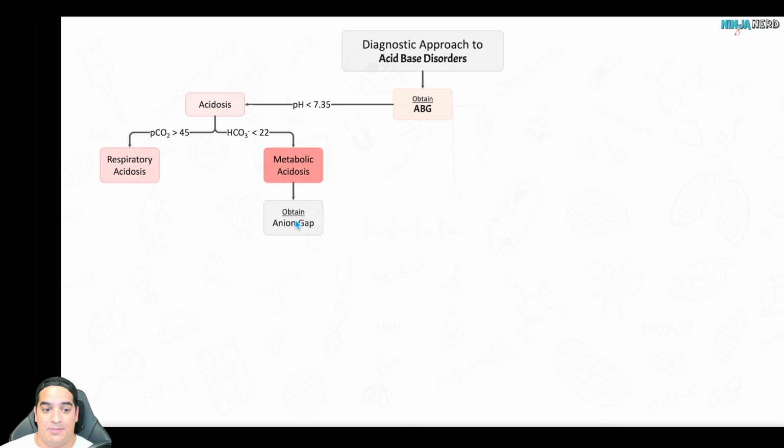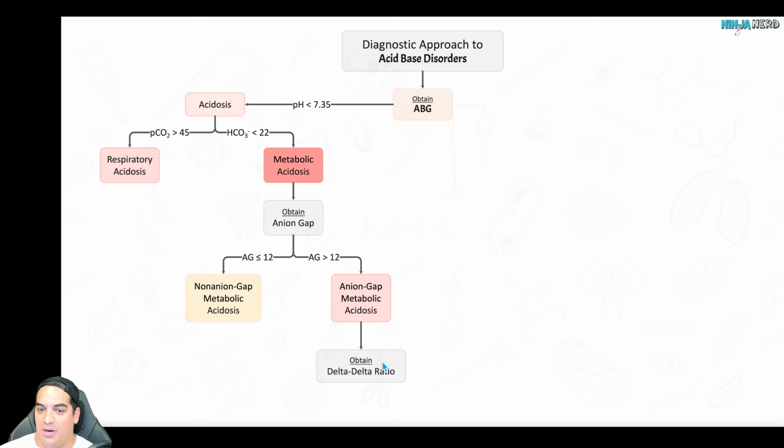Sodium minus chloride minus bicarb. If it's less than or equal to 12, oh, that was NAGMA. And if it's greater than 12, that's AGMA. So right away, I've already determined if it's an acidosis, and then I think respiratory depression, neuromuscular, obstruction. Anion gap, NAGMA: CKD, RTAs, and diarrhea. Here, anion gap is the CULT mnemonic. There are other things. I don't want you to go too crazy, but the anion gap metabolic acidosis, you can